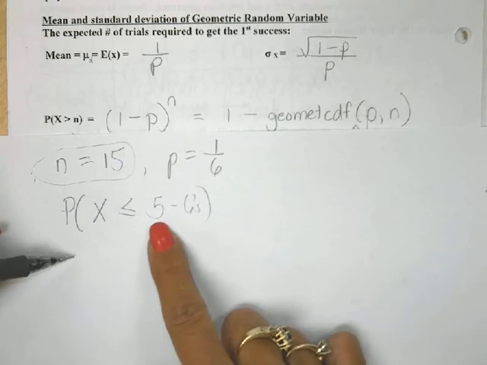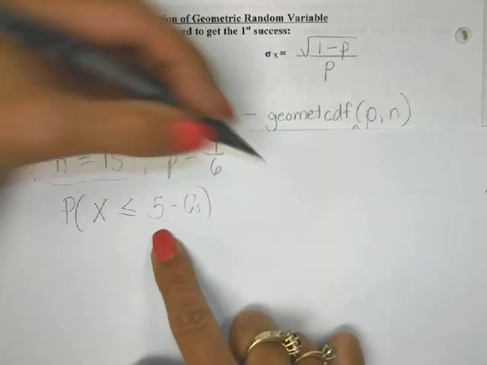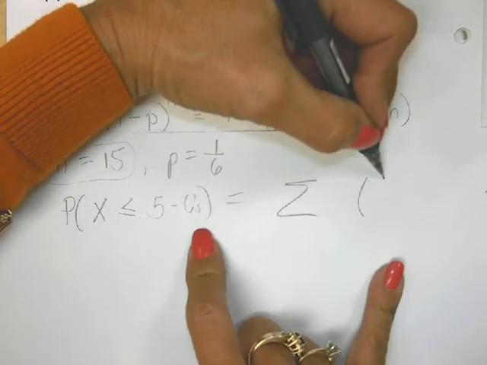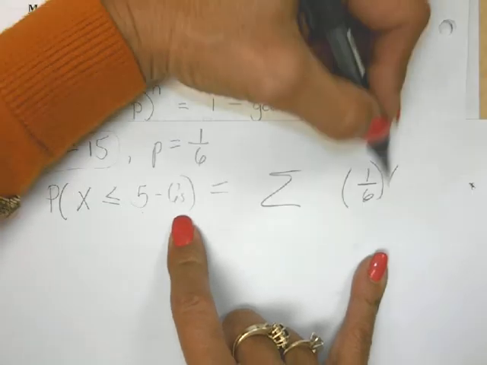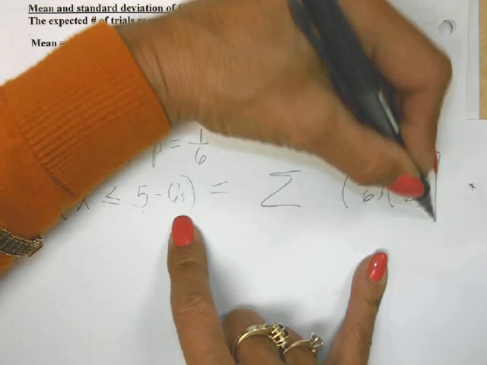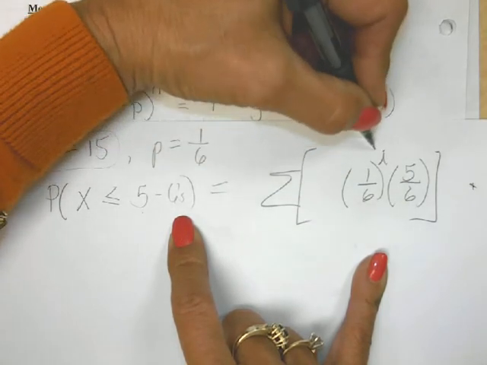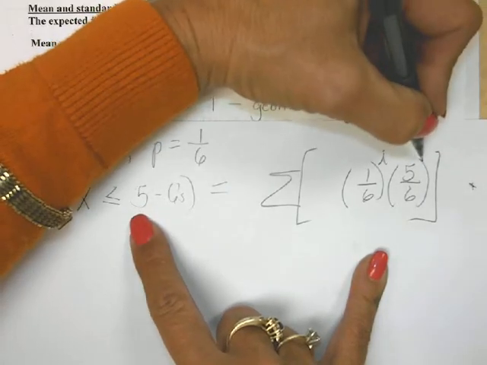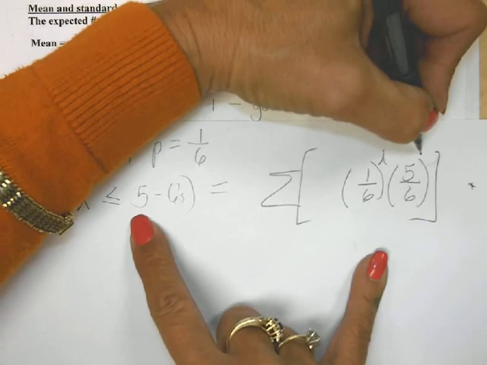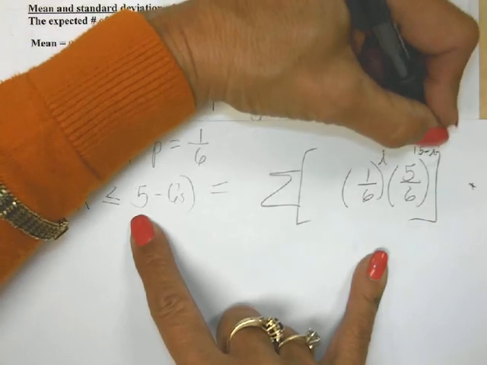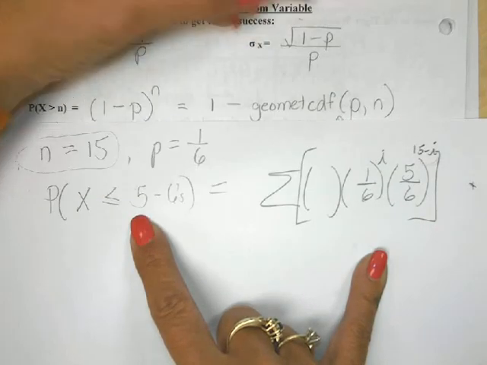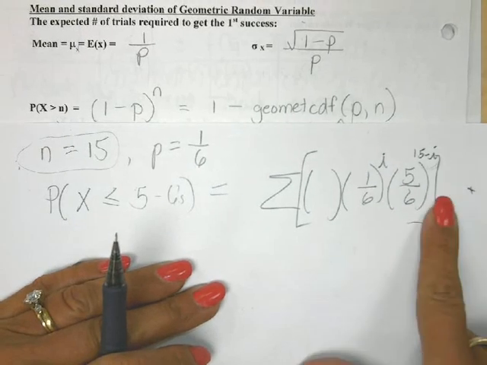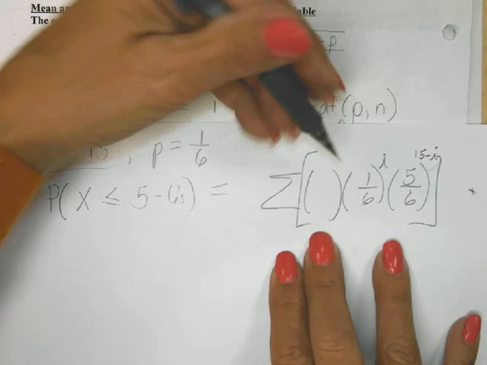So in this case, I don't have a shortcut. I know I can write my sigma notation to calculate this out. I know that the probability of a success of rolling a 6 is 1/6, and the probability of a failure is 5/6, and I'm going to have a specific number of successes, and that number can be 5 and fewer, and the number of failures is going to be 15 minus i. And then there's going to be a combination here, because we don't have to have specifically the first numbers be the 6s and then the last numbers be the non-6s. We can have them all mixed up, and that combination checks that for us.